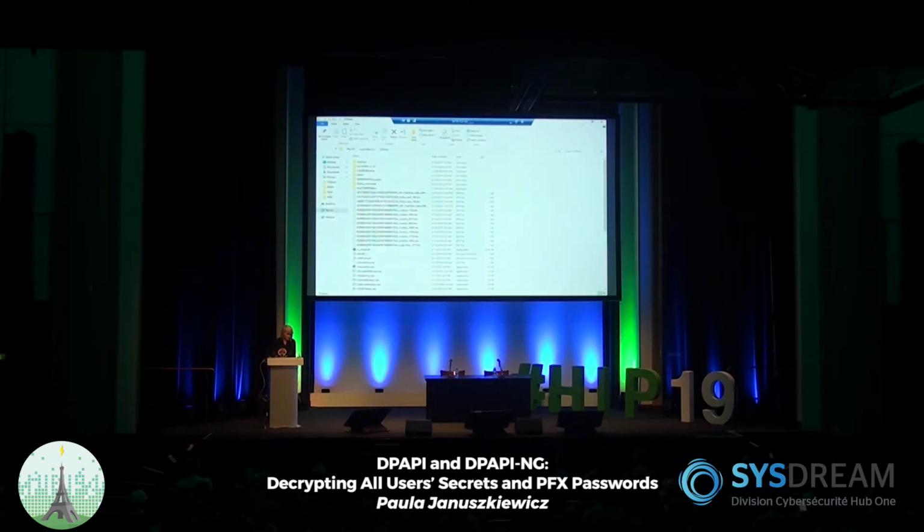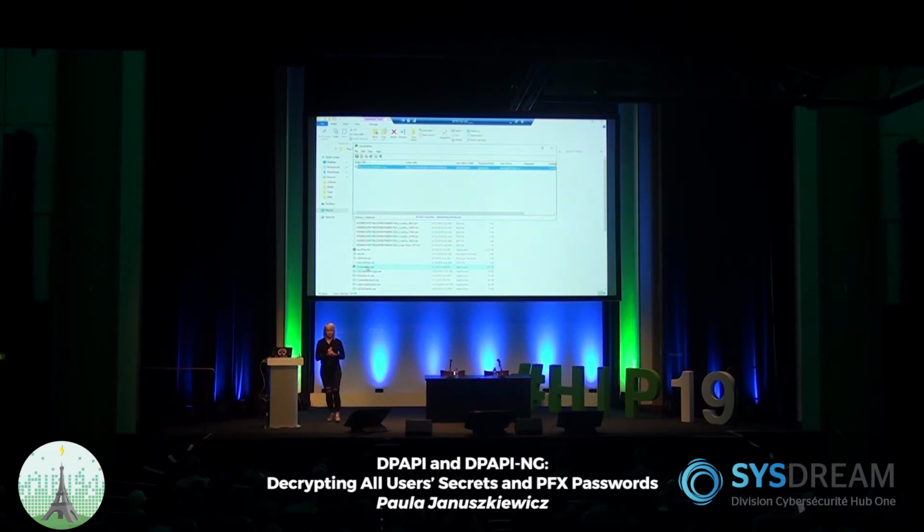And eventually, what is next is, do I have access to my secrets? And if I do, then that will be really sad. But the data protection API, as we already explained, relies on our password hash. That's MK1, master key 1. And because our password hash is different right now, I'm not able to get access to my secrets. The password is empty, right? The second part is, don't forget, we've got master key 2 that is encrypted with the public key of the domain. This one we're going to focus on in a moment.